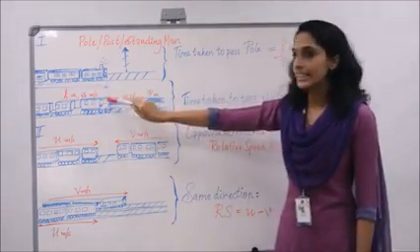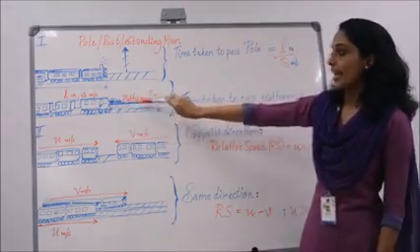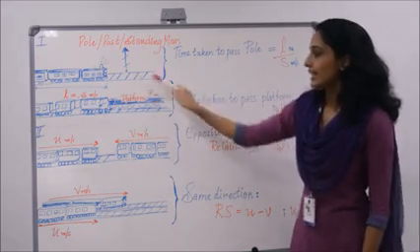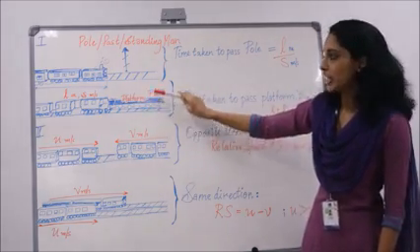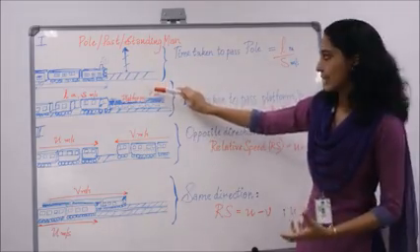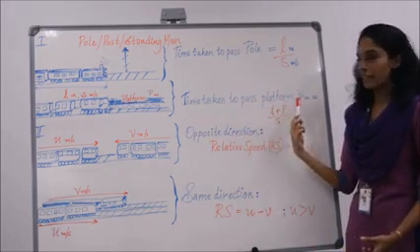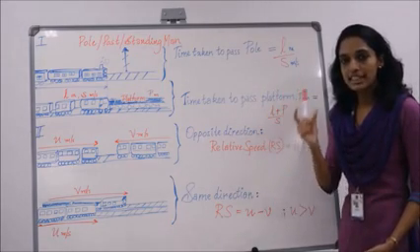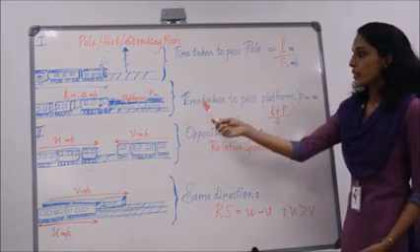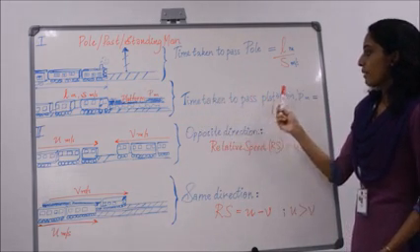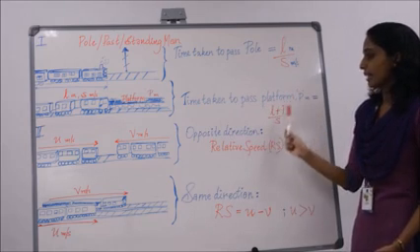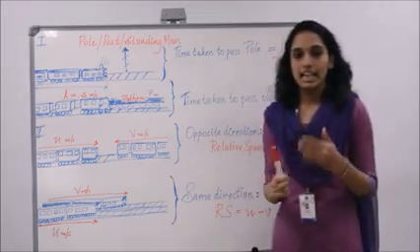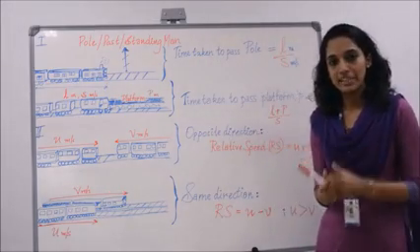Next, let's consider the same train passing a platform of length P meter. That is, it is a stationary object having a considerable length. So, the time taken to pass the platform is equal to the time taken by the train to cover the distance L plus P. So, the time taken to pass the platform of length P meter is equal to L plus P divided by S.